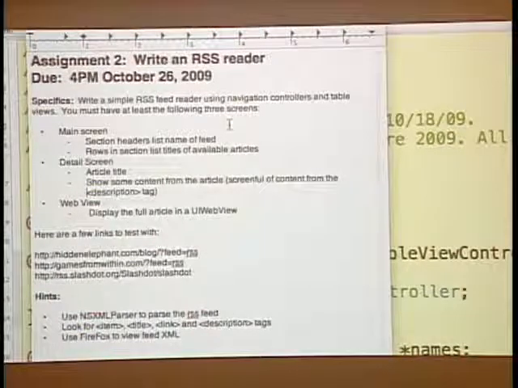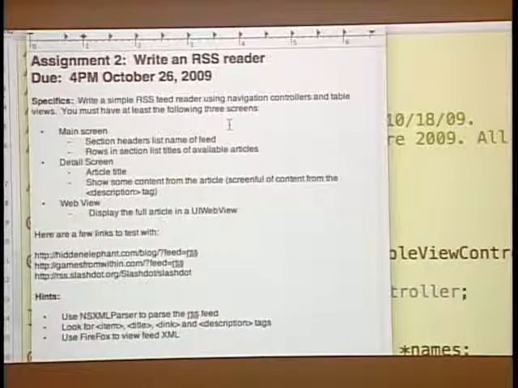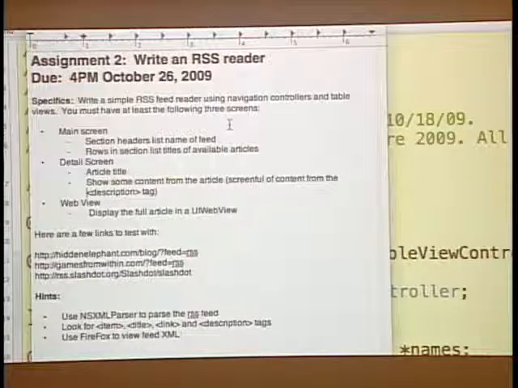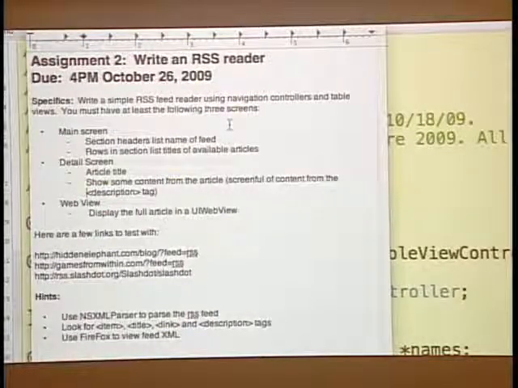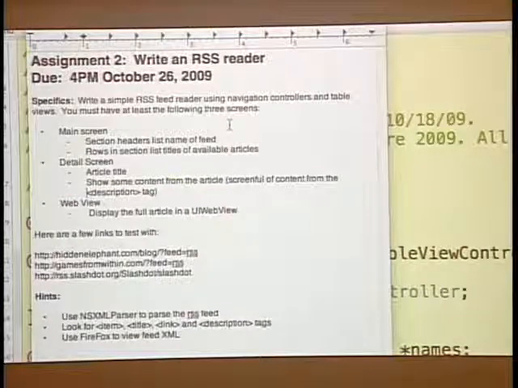And you're going to need to have at least 3 screens. There's going to be a main screen, where it'll be something like Slashdot, and underneath Slashdot will be the titles of a bunch of articles, and TechCrunch, and then a bunch of articles, or whatever blog posts or RSS feeds you want to use. Then there's going to be this detailed screen. So when you touch on one of these articles,